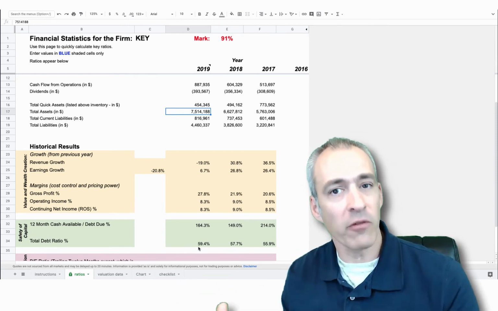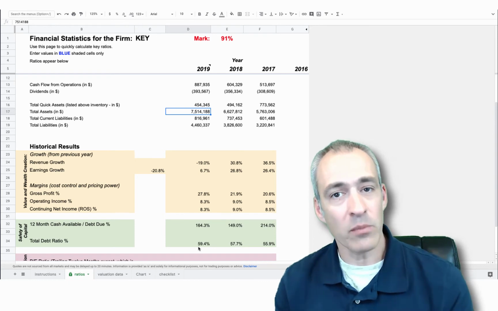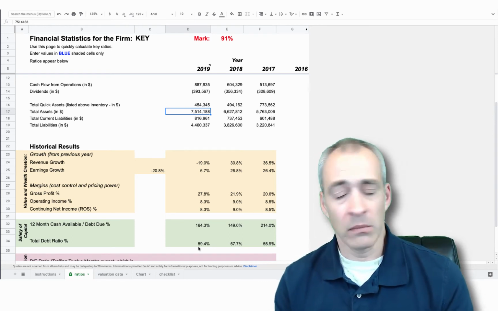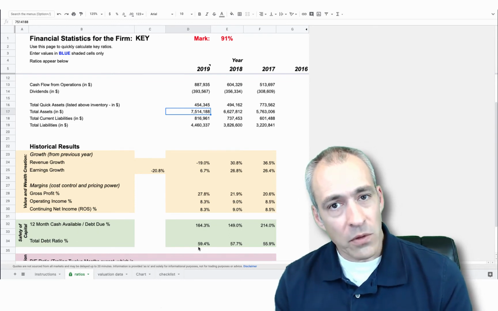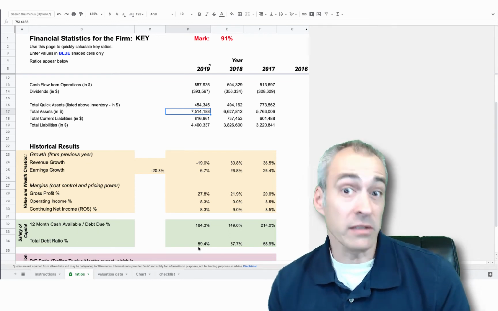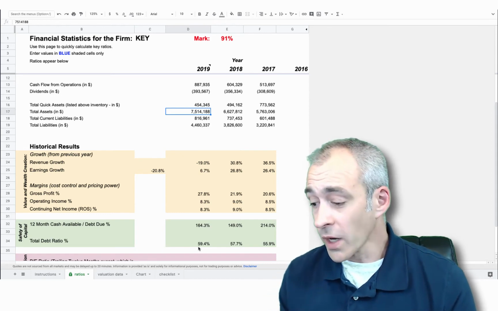And you change some of their decisions and see what the numbers do. And if they look about the same, then you can keep the same opinion. If they look a lot worse, then you know there's some bad things behind the scenes that maybe you should stay away, right? That's the general idea.